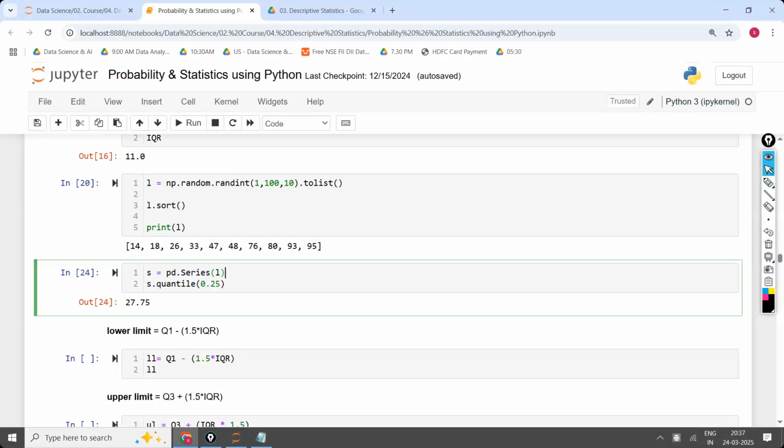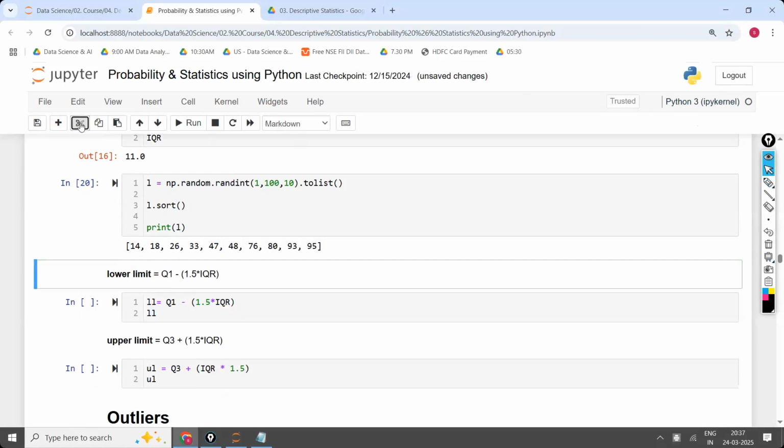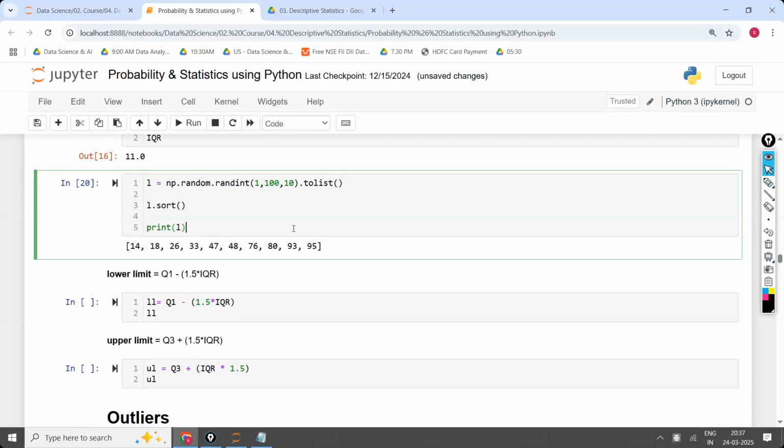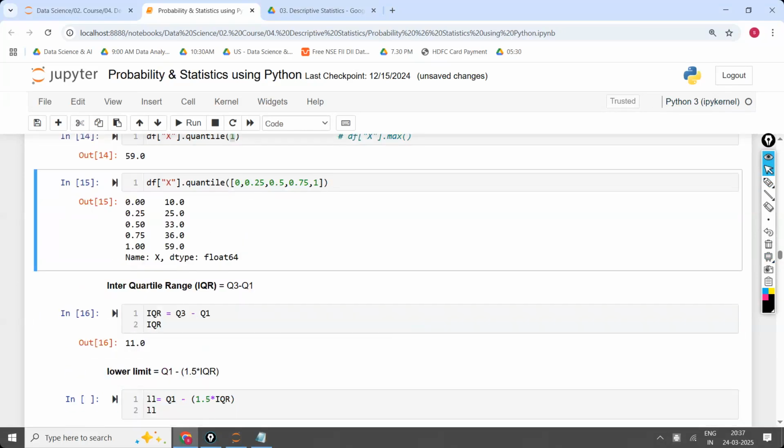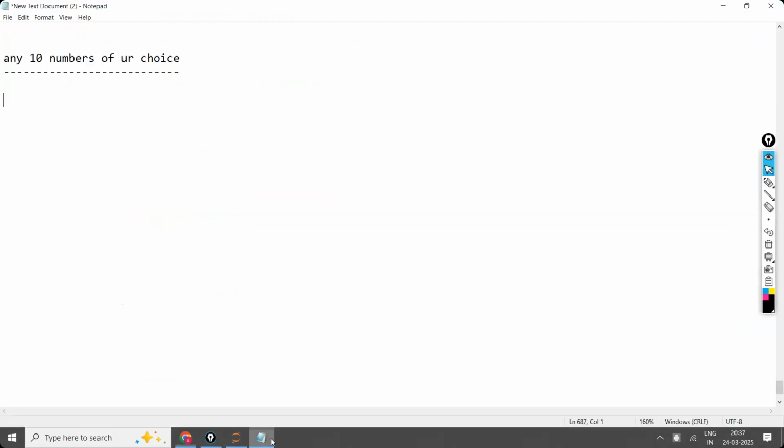So we are just calculating the 25 percentile, 50 percentile like this. Now you'll get a question. Okay, we calculated the 25 percentile, 50 percentile, 75 percentile. Now what is the use? The use is here, calculation of percentiles, that is quartiles. What are the quartiles we have considered? That is Q1, Q2, Q3. What is the use of Q1, Q2 and Q3? So if I have observed in a company, let's take Infosys.